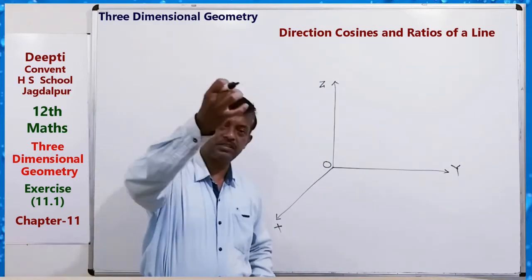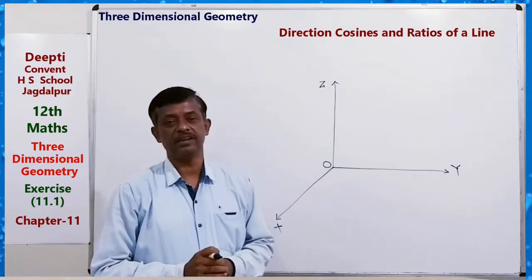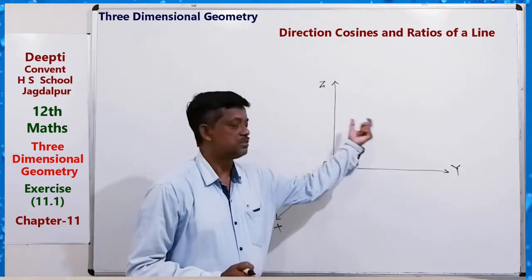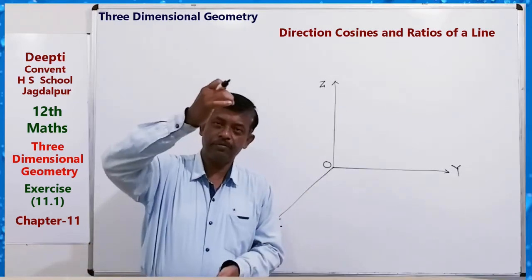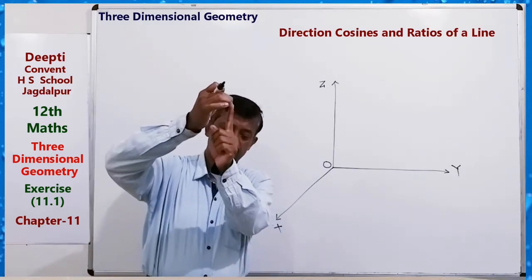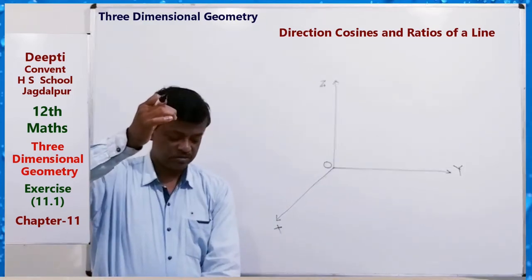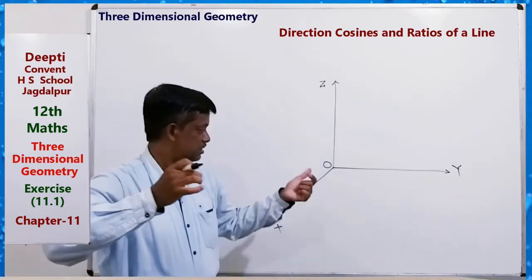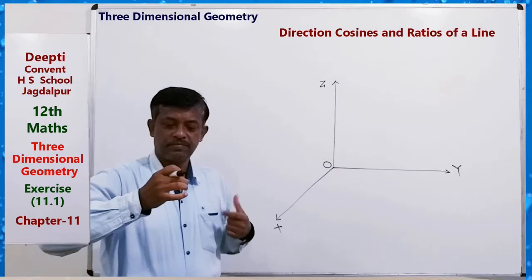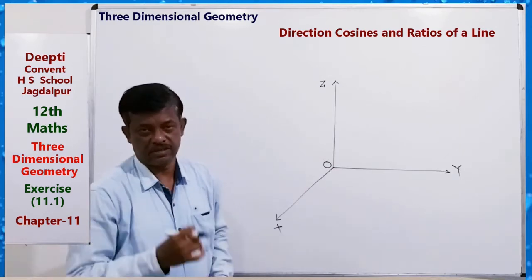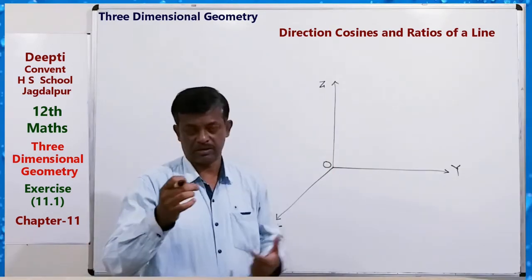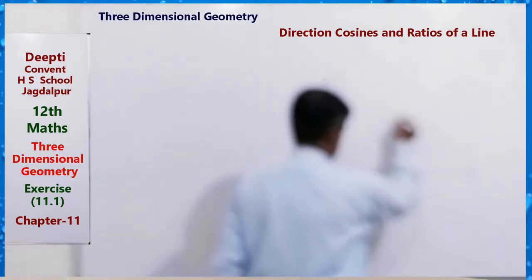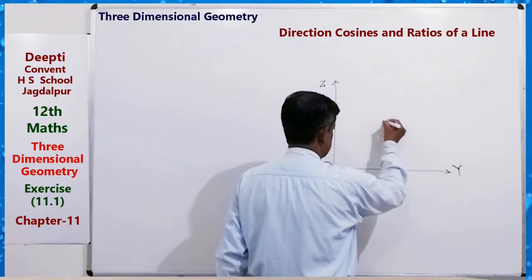So a point in this space can be identified by a rectangular coordinate system. That is, if we draw perpendiculars from this point to the lower plane, this plane and this plane, then the distance along the x-axis is the x coordinate, along the y-axis the y coordinate, along the z-axis the z coordinate. Okay, so suppose we have something like this.